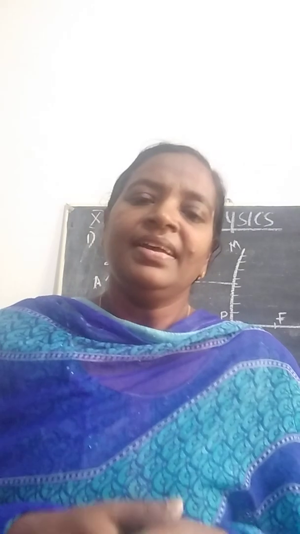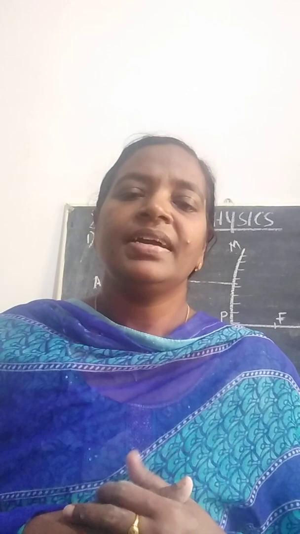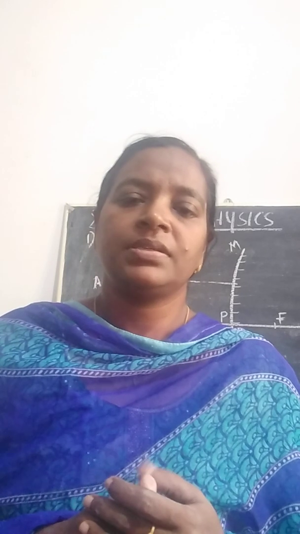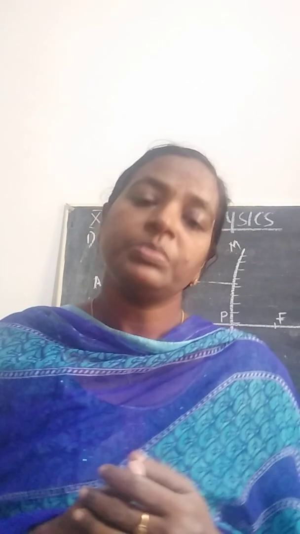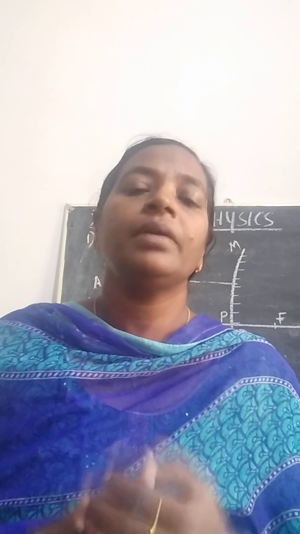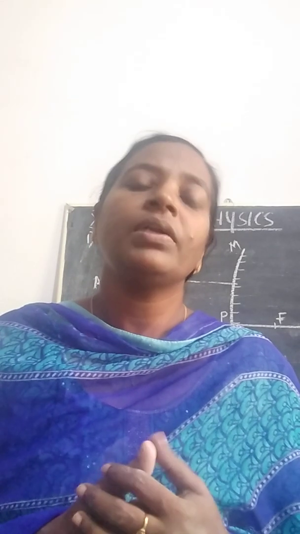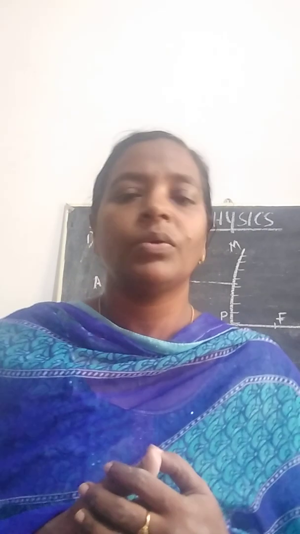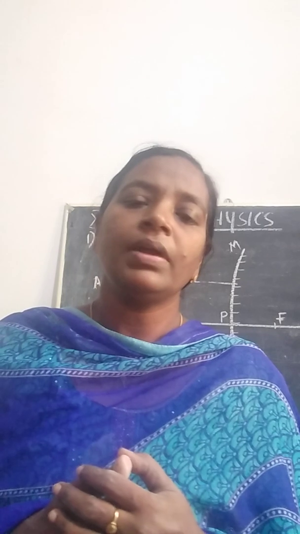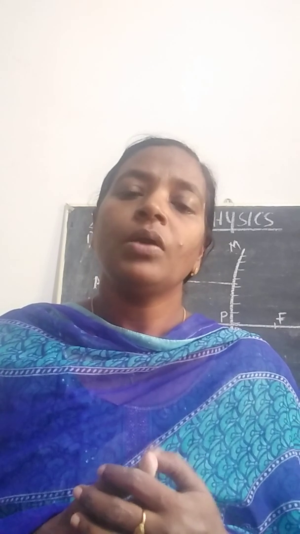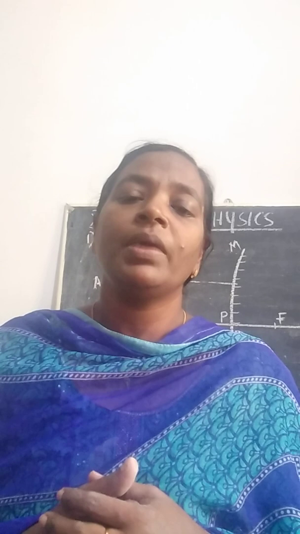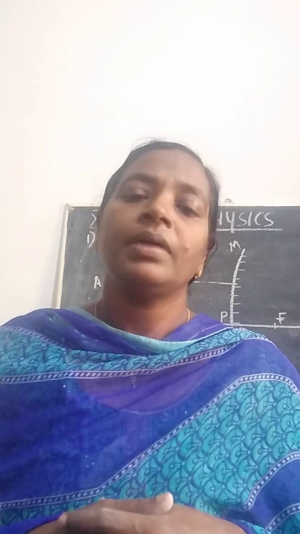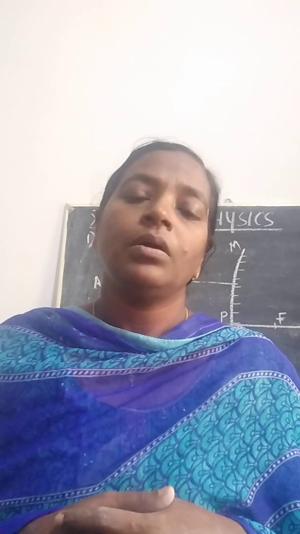Hello children. Now we discuss the image formation by convex mirrors. Okay, so we have studied the rules. So what are the different types of incident rays that may fall on the convex mirror, and what will happen to these rays after reflection according to the rules that we have learned in the last class. And now we are going to find what are the different characteristics of the image formed by the convex mirror at different points of the object.